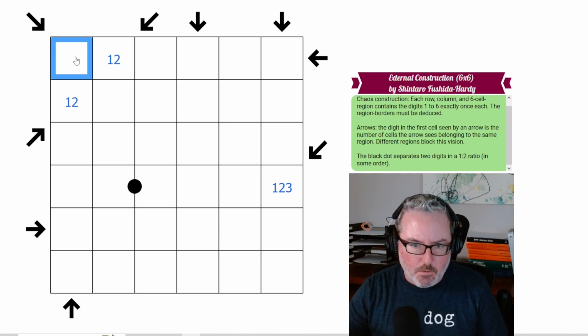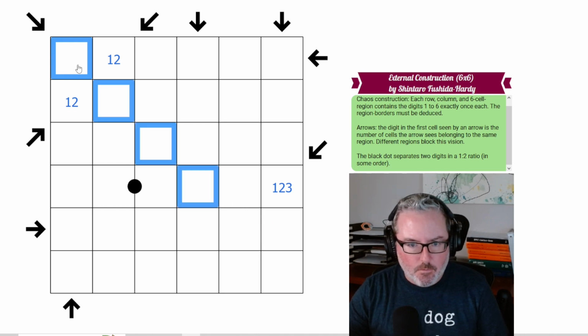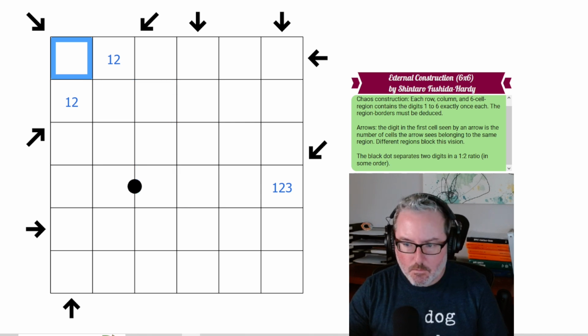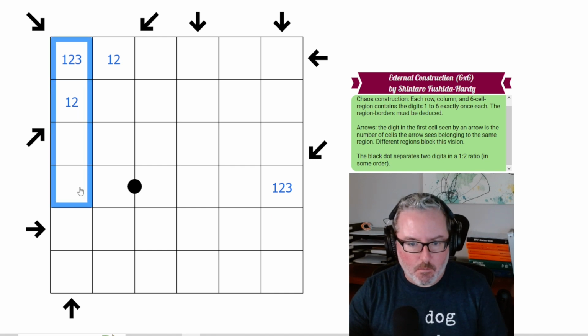What would be the most? Could you do 4? You can't do, there's no way you can do 5. Can you do 4? No, there's no way. 2, 4, 6, 7. So it has to be 1, 2, or 3 would be the most this could ever be. In fact, it probably can't be 1, can it? Because if it's, oh no, it could definitely be 1. Because it could just be 1, and then it could just go off somewhere and find its own,